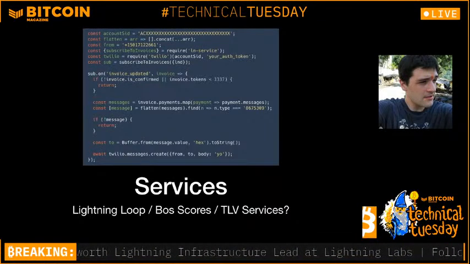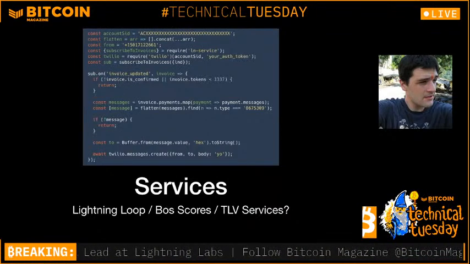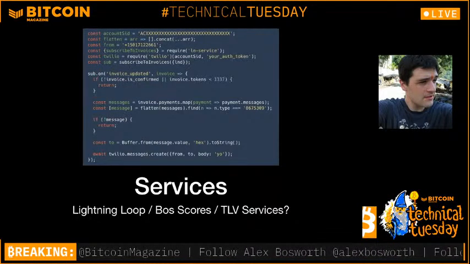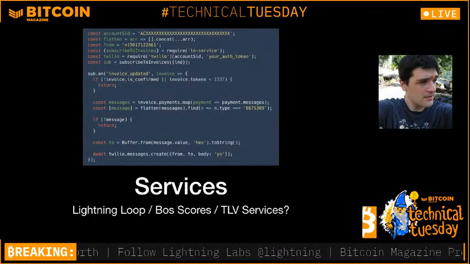But in the future, I think we can offer these APIs which will be based on this native messaging. And I have an example of that here. In this pseudocode, let's say that I get a keysend, and the amount that they're sending me is 1,337 Satoshis or more. When they send that to me, I'm going to look to see if it is sending me the special type 8675309. And if they send me that type, then I'm going to take the money, and I've